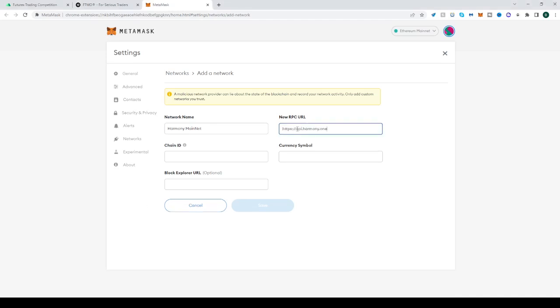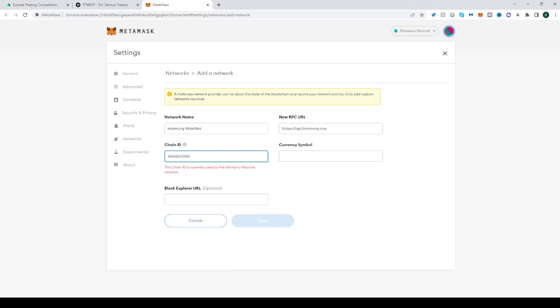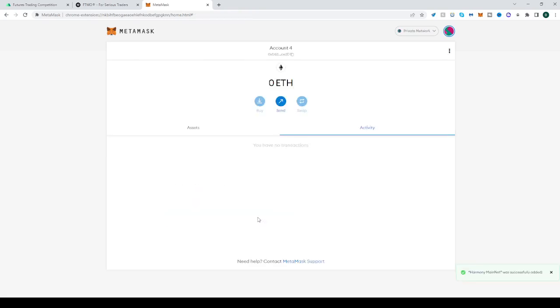The RPC URL is api.harmony.one, with the chain ID, after which we fill the currency symbol, which is ONE, and the blockchain explorer is this one. Okay, yes, save,